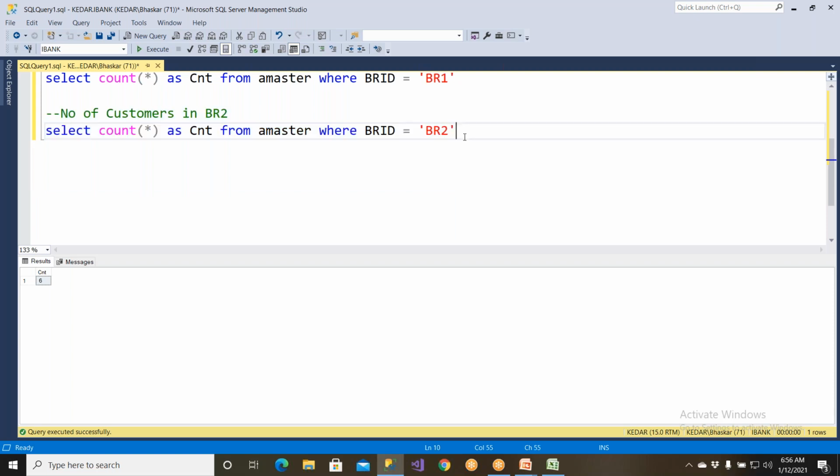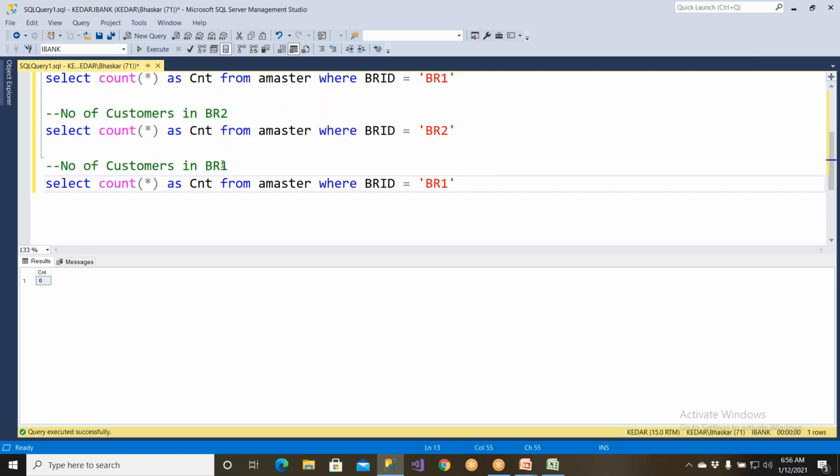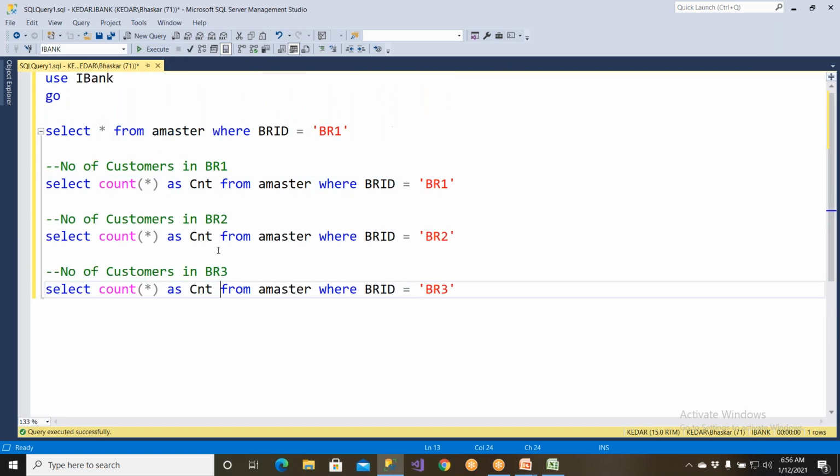Clear? I wanted to know the number of customers in branch BR3. You have to write like this. So if somebody asks you the number of customers in branch BR1, in branch BR2, in branch BR3, you have to write individual queries like this only. But they may tell you, you need to display branch wise number of customers. That means they don't need individual